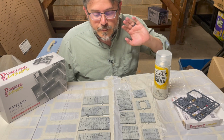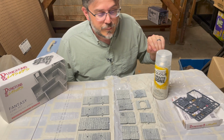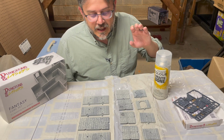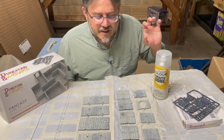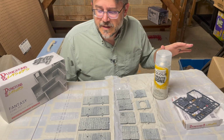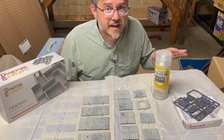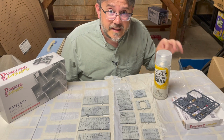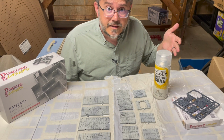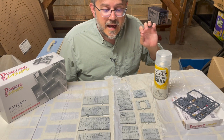Obviously, there are many people that like to prime in black. There are reasons to prime in black, one of which is if you really just want all your stuff to look really dark. Another thing is people say that if they miss a spot, maybe they're not very comfortable with their paints, and they feel like if they miss a spot, it'll just be black, and they would rather that than having to worry about little white spots on their paint job down in the cracks and whatever. So it really is up to you, but I personally,